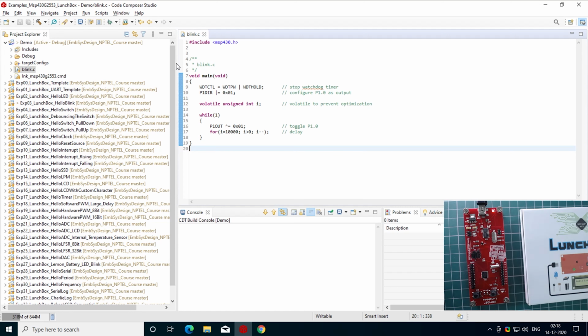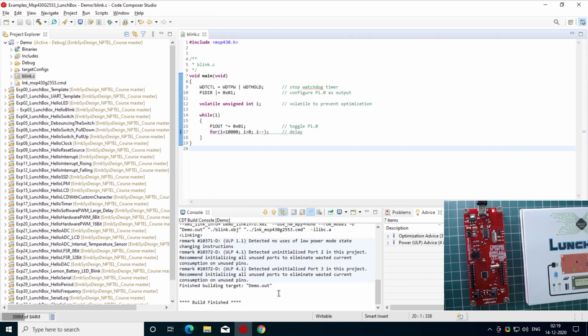Now we want to set the configuration for this project to use the BSL uploading mechanism, not the mechanism that is being provided by this icon. We will not be using this icon to push our code from the computer to our hardware. If we just compile this project, we will see that it is compiling without any errors. But the output file is demo.out. Demo is the project name, so whatever project name you set, it will show that name over here.